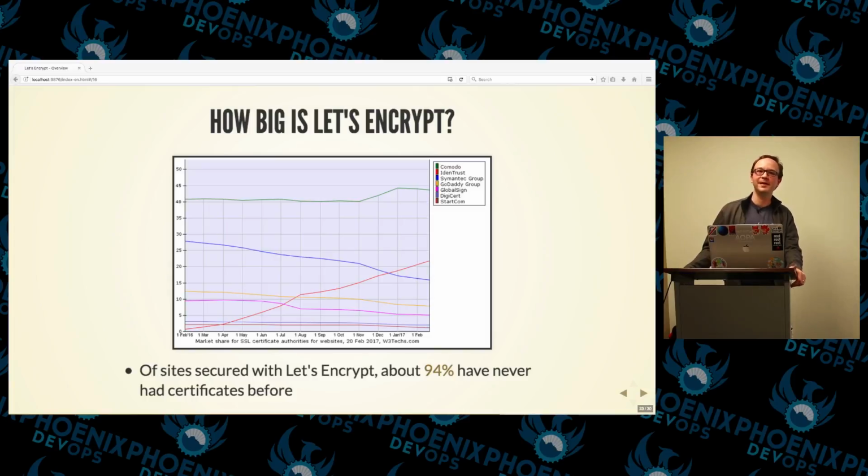And at the beginning of 2016, it was a much smaller number than I expected. Something like 40% of the certs that had been obtained from Let's Encrypt were actually in use. But that number's a lot higher now. It's beyond 90%.